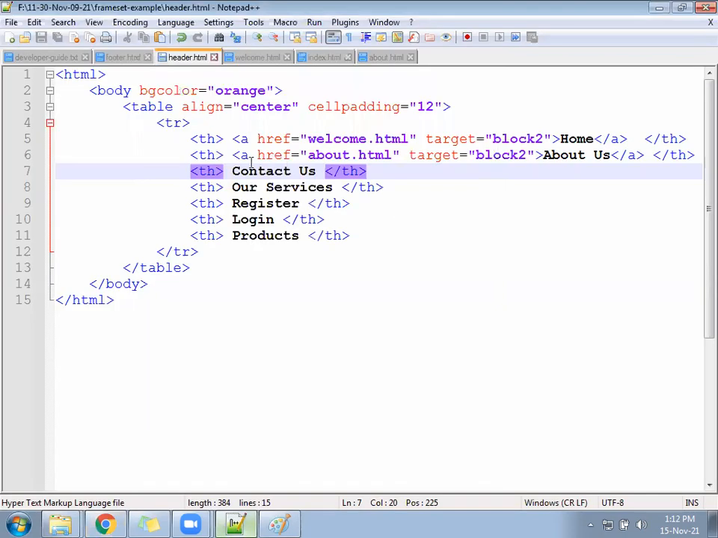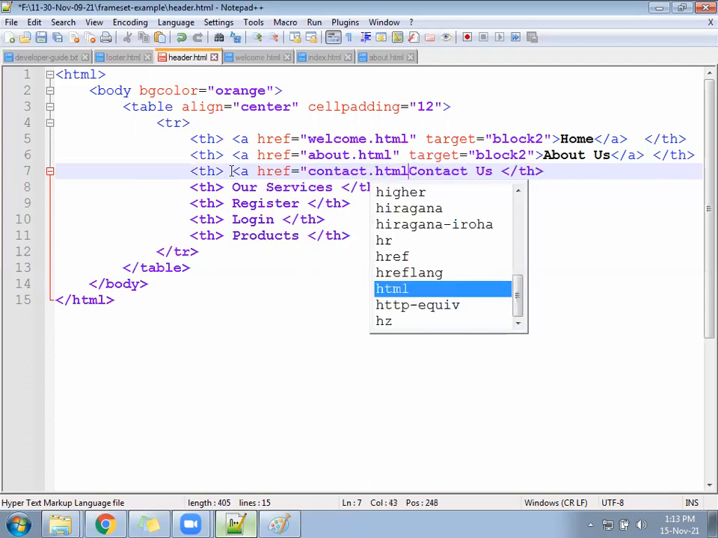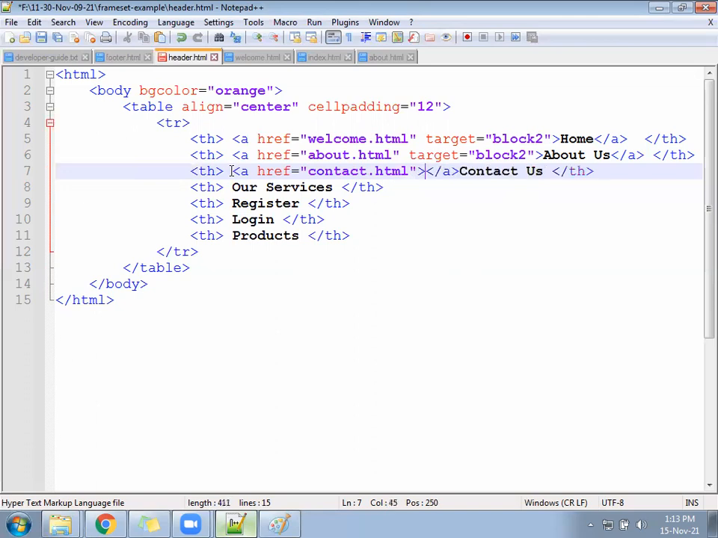Okay, so come to the header file and apply the hyperlink everywhere. A href equal to, we'll write here the next file called contact.html. A href equal to,